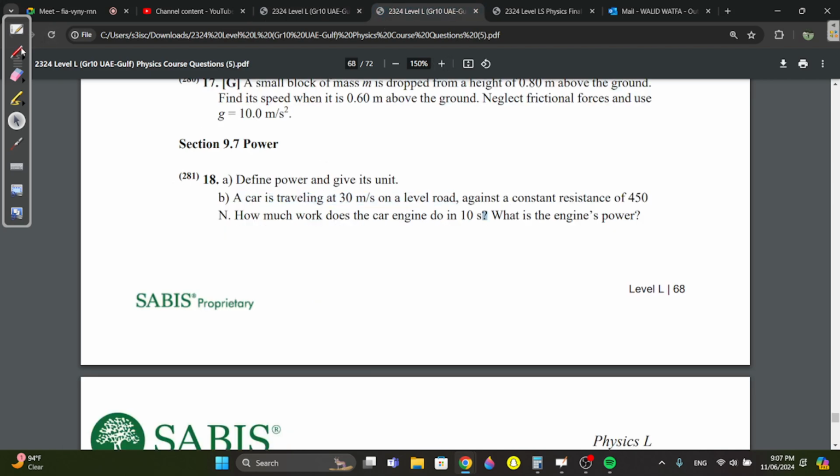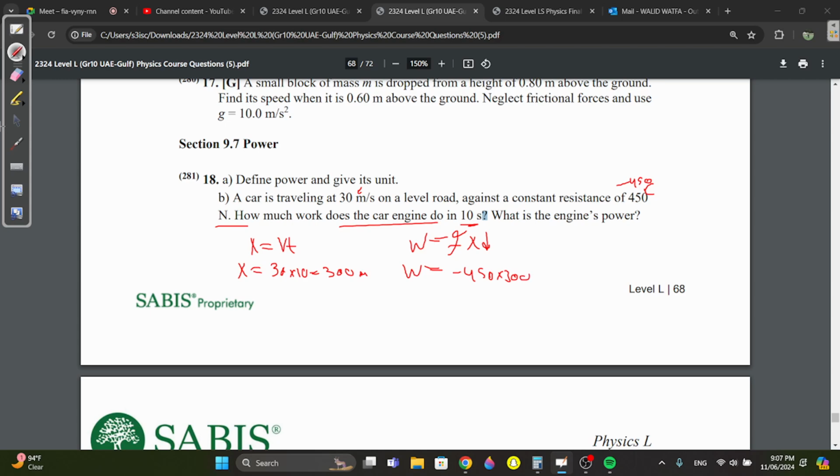A car is traveling at 30 meters per second on a level road against a constant resistance of 450 newtons. How much work does the car engine do in 10 seconds? We know work is the force times the distance. Can we find the distance if it's going at 30 meters per second for 10 seconds? Yes, we can, and we know x equals vt. So x equals 30 times 10 equals 300 meters. So work equals, it's a resistance force, so it's negative 450 times 300, and you get